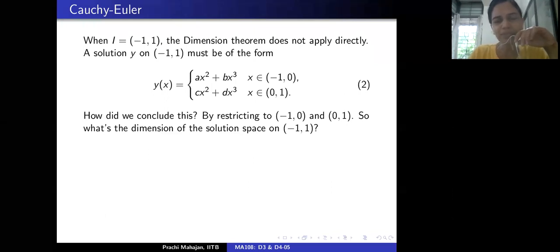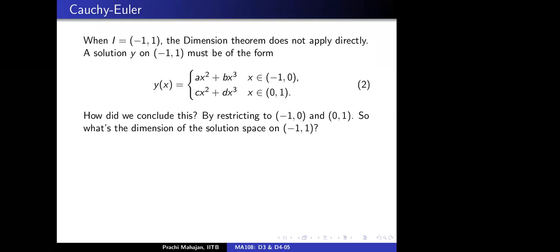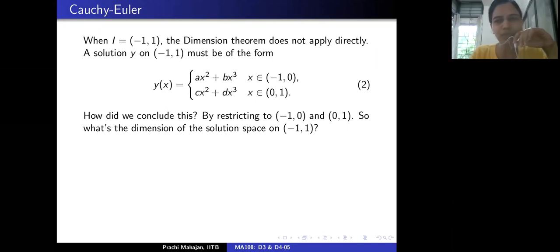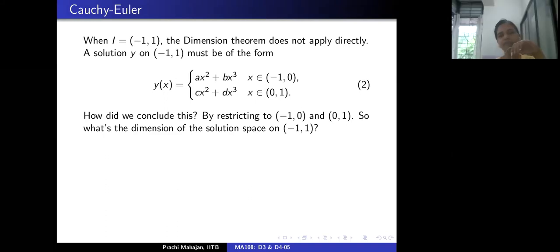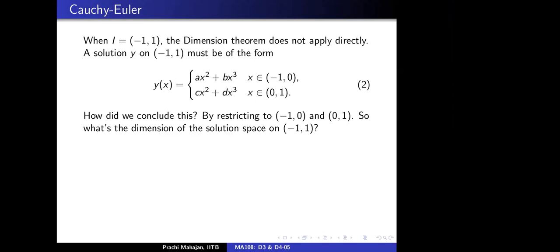The second thing is that we want y to be differentiable on the interval -1 to 1. There's no problem in the differentiability on -1 to 0 and 0 to 1. All you need to do is check the differentiability at 0. Is y differentiable at 0, the way I have defined it in equation 2? Yes, ma'am. Now, the third thing is that y is a solution of a second order ODE, so y is twice differentiable, right? Is y twice differentiable at the origin? Is that always the case?